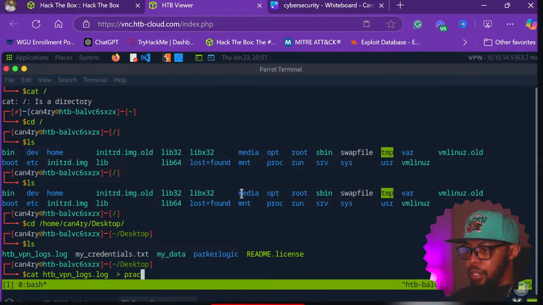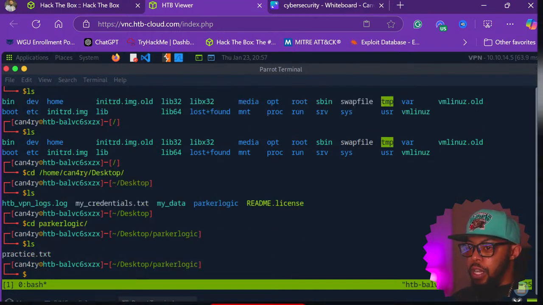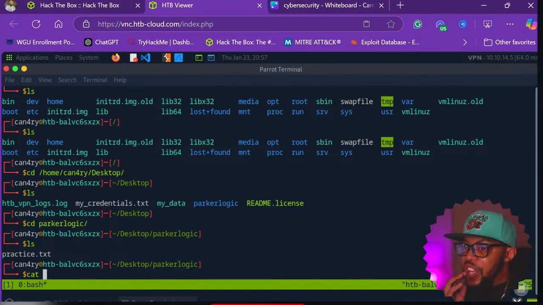practice. Oh, we have to cd into it. So cd into Parker. We have to be inside the folder in order for it to work. Okay, so now we're here. So cat, and then we'll do